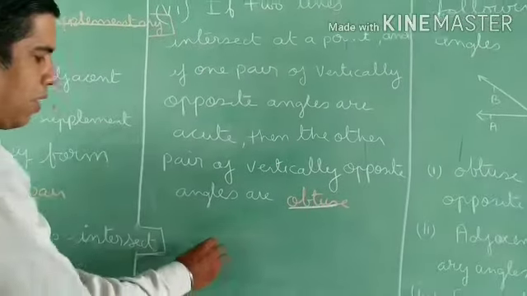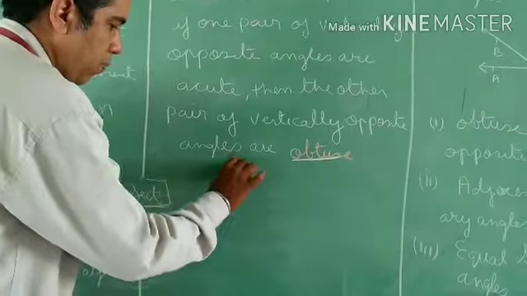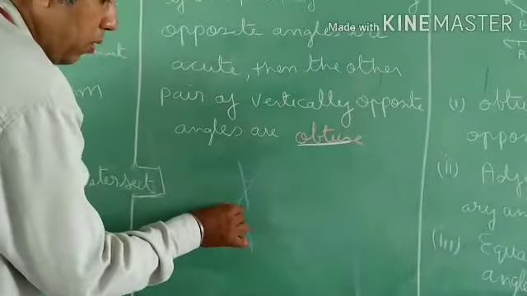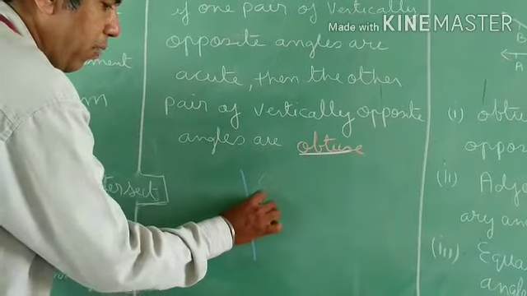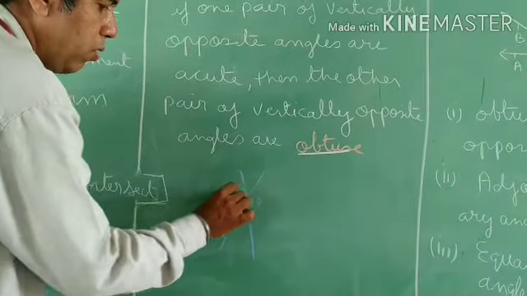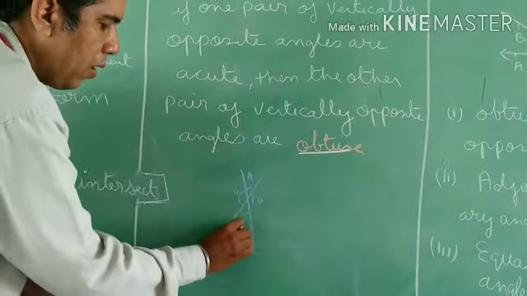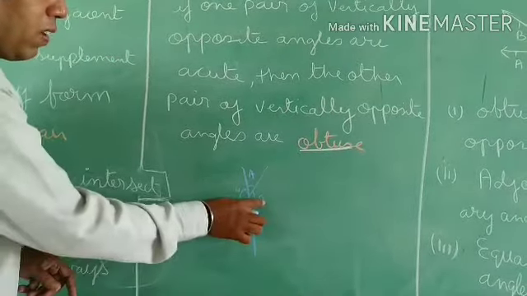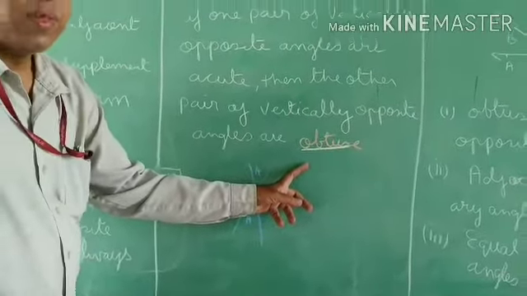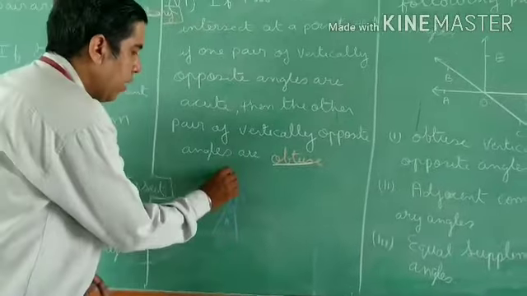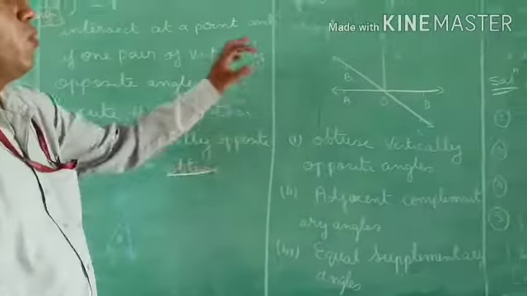You can see, I will give an example to you. I am drawing like this. See, they are acute, right? This is one pair. The other pair I am showing with the help of O. You can see if this is acute, I am writing it as A. So here you can see, are they obtuse angles or not? So the answer is obtuse angle. Right here you can see easily with the help of the diagram, and this is always going to happen like this only. Next, question number 14.